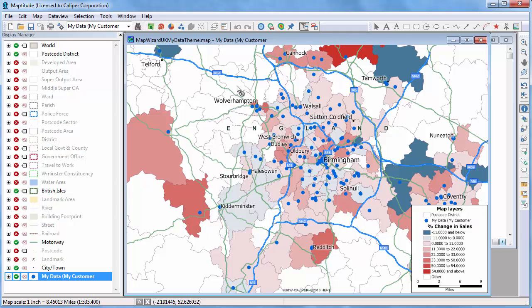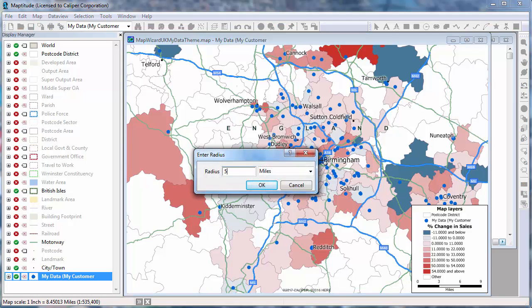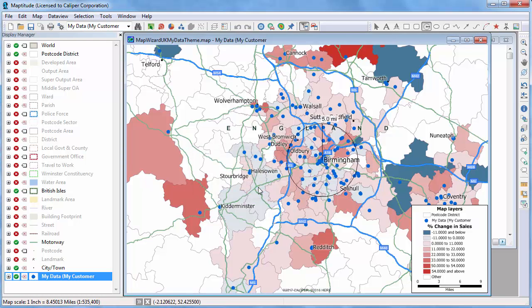There are many different analyses that you can do once your data are on a map. For example, suppose you want to know which customers are within 5 miles of the city center. You can use the Radius tool on the drawing toolbar and click right here on Birmingham, and I'll enter 5 for the radius and click OK. If I right-click on this radius and choose Export to Excel,